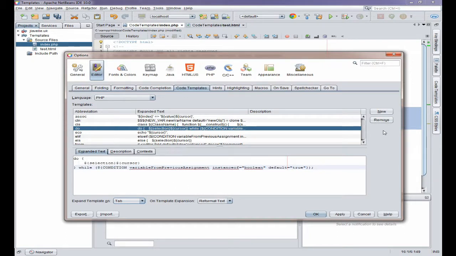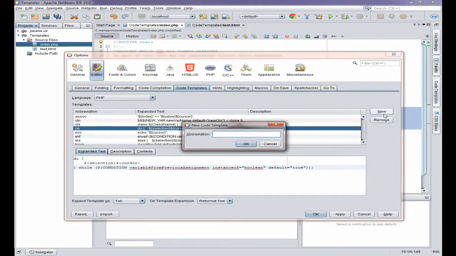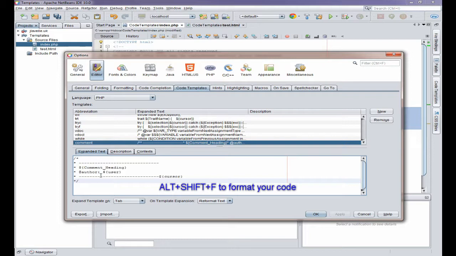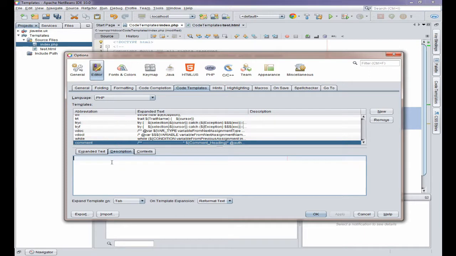So click on New, and I'm going to type in comment. So every time I type comment and then press tab, this will happen. I could have actually made it shorter. So here you can see that it's empty. So here we go. We'll paste that in, format it, Alt Shift and F will format it correctly for you. Give it a description, heading comment, and then you've got your